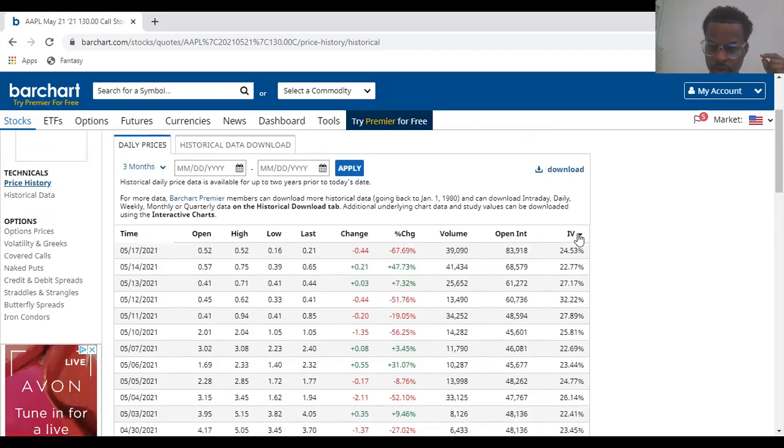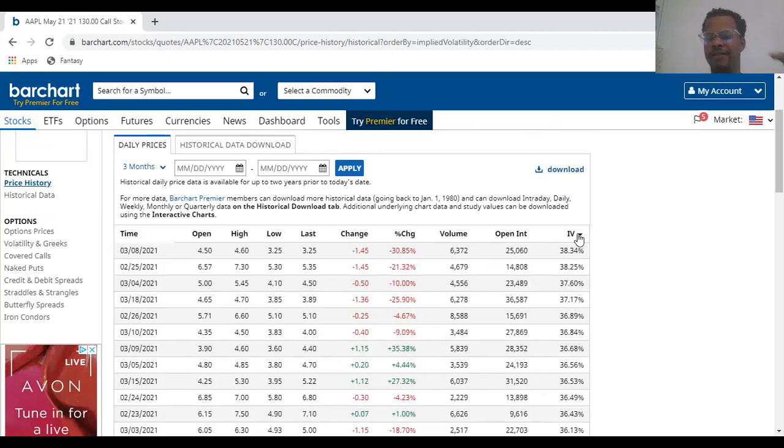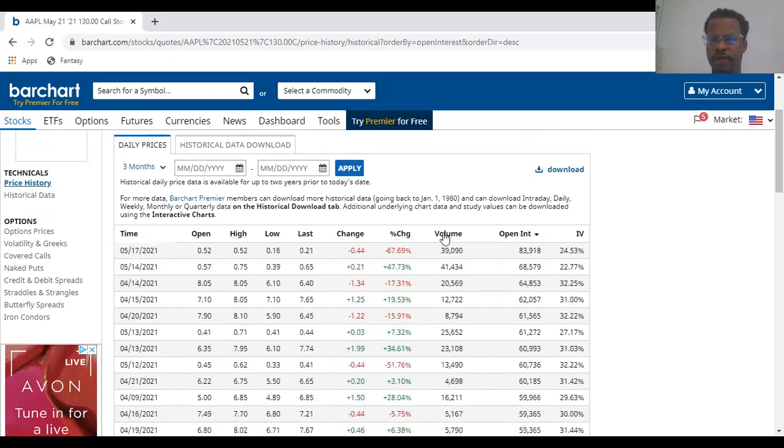You could also arrange this, which I don't suggest because then you lose track of the actual history, by things like open interest, 1721. Wow, it's a lot of open interest. Oh, this is kind of good. So this was, oh, this is today. Oh, this is kind of good. I'm sorry, guys. I completely forgot we were doing a video. I just found this very